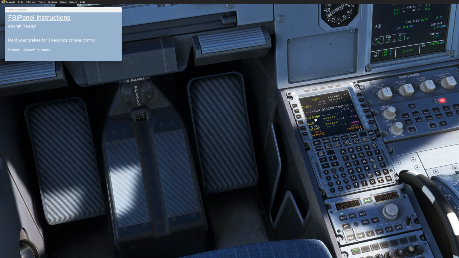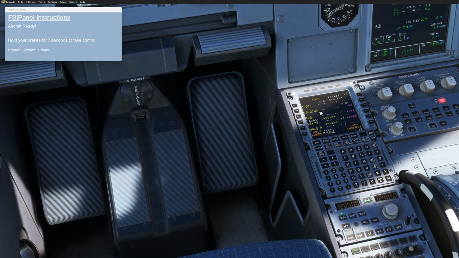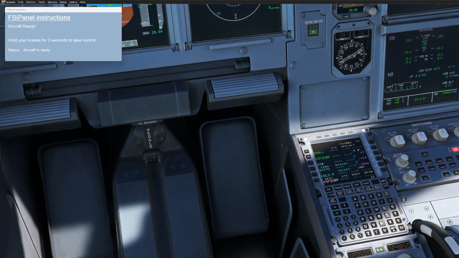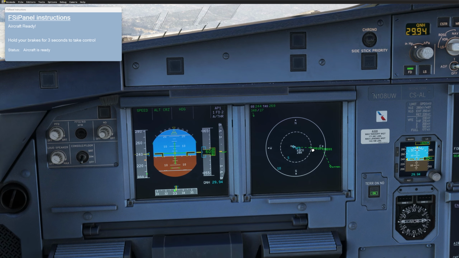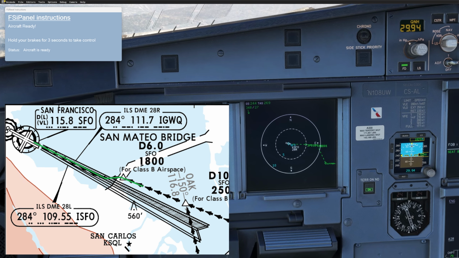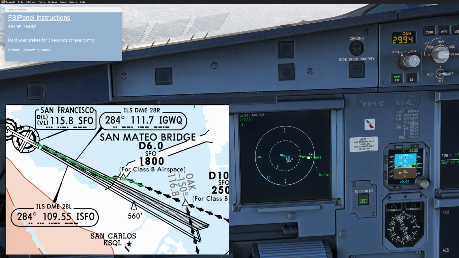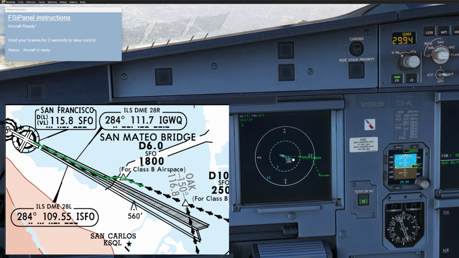So this is my runway, and you tell your MCDU after that waypoint we are going to fly to the runway. Here we go. So now we can see what she has, which of course is not correct because this is direct, and of course we need to turn left and intercept the ILS course. So we are going to take selected heading around 260, which is 25 degrees, to intercept localizer and glide